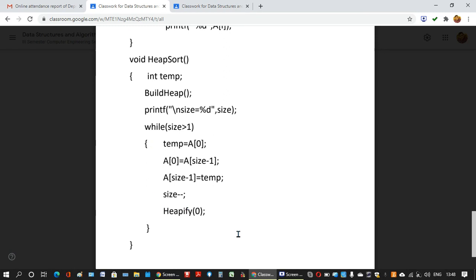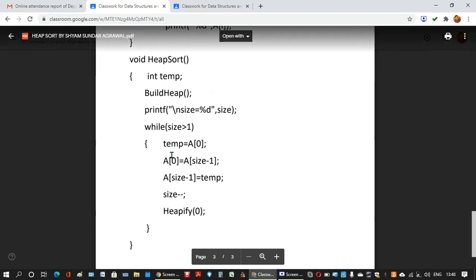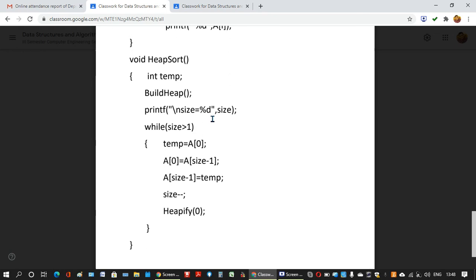So this is the process which we have done in our previous video, how heap sort works after building a heap. So you need to understand how to build a heap, and for that you need to understand heapify. After building the heap, you will call the heap sort function, which works in a particular fashion. That is explained in the previous video, and here the code for it is given. So you can write a program. Most of the students have already written the program and told me that they have successfully completed it. Those who have not completed, please complete it now.